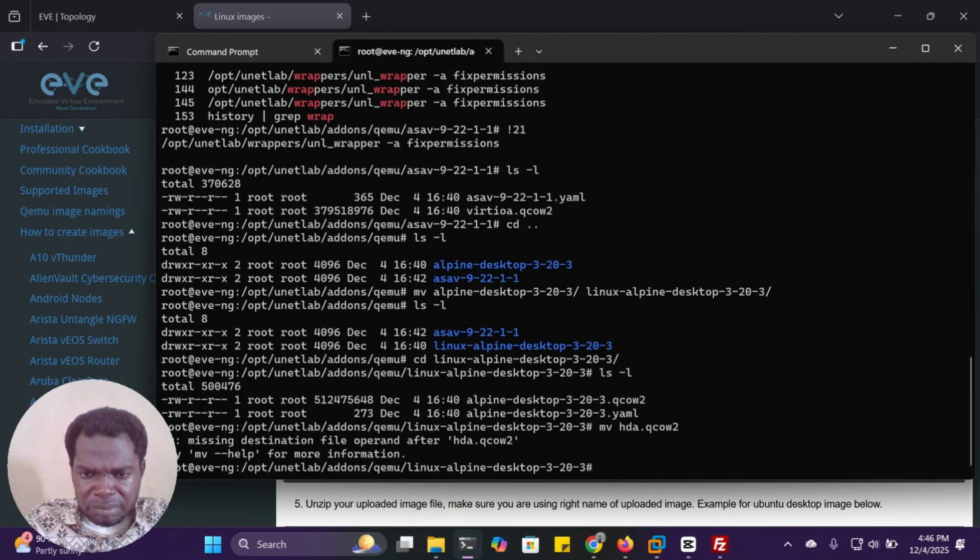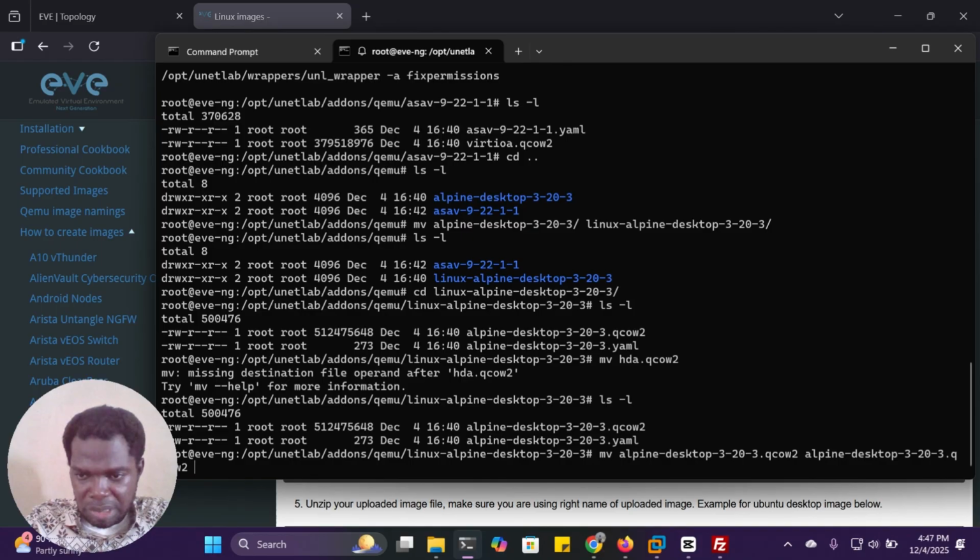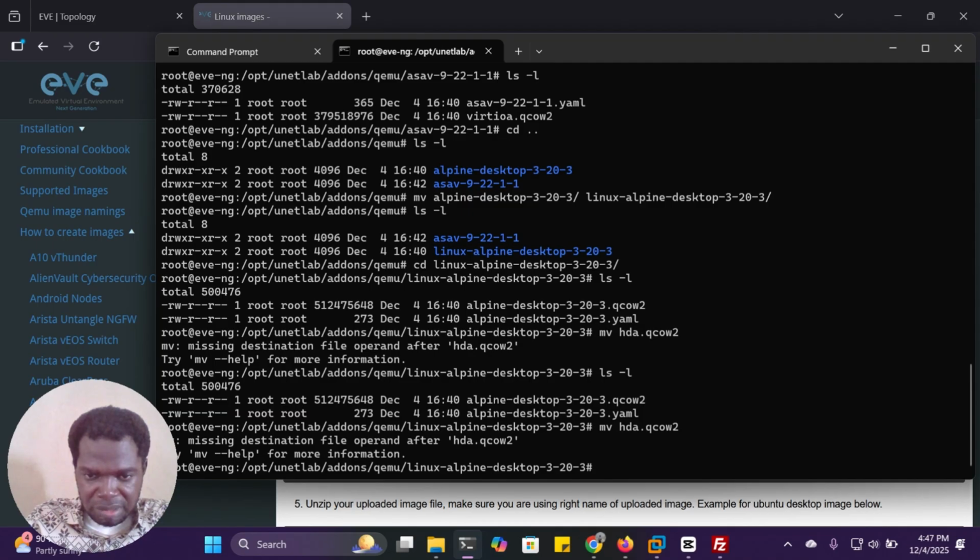What happened? Oh, sorry, there's no need for that. Okay, my bad. Alpine qcow, and I need to type it again. I remove it and I name it hda.